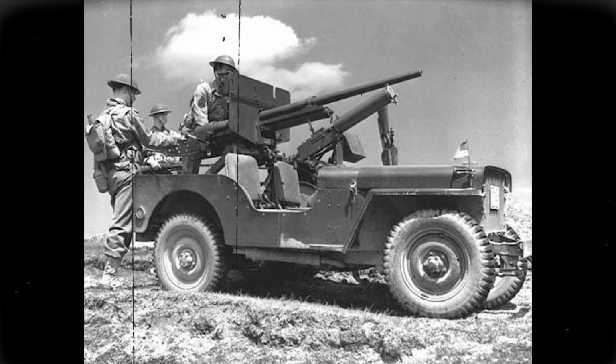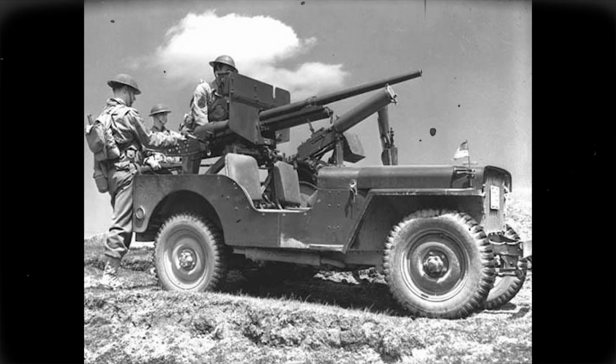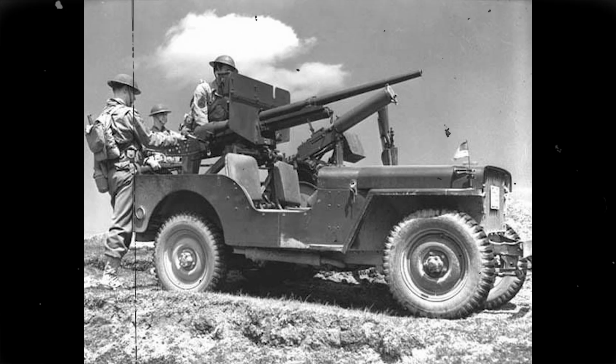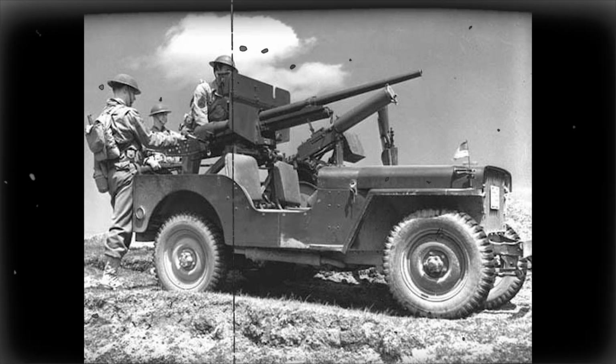Designed for mass production and easy replacement, the Go Devil engine displaced 134 cubic inches and produced 60 horsepower at 4,000 RPM. Not impressive by German standards, but the engineering philosophy behind it was revolutionary. This engine wasn't built to be perfect, it was built to be simple, reliable, and above all, producible. A mechanic with minimal training could service this engine with basic tools. No specialty wrenches, no complex procedures requiring factory-trained technicians. The Americans apparently designed this vehicle expecting that farm boys and factory workers would need to maintain it under combat